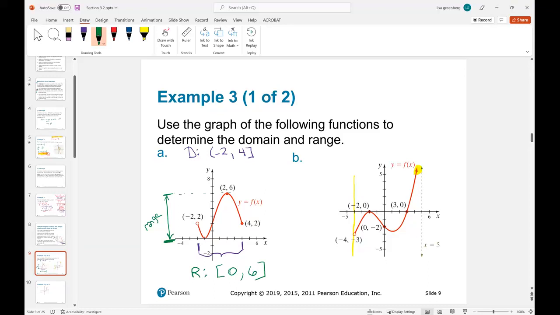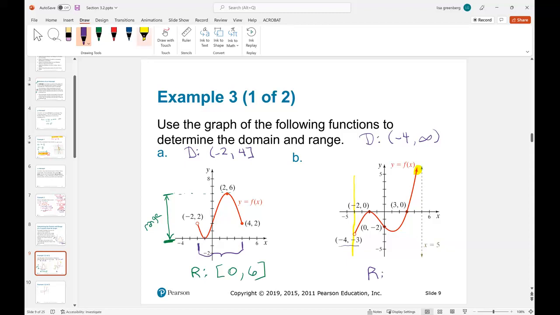So if I want to talk about my domain for this one, well, the smallest value that I have here for my x values is -4. So we go from -4, but it's an open circle, so I don't count that. And because of that arrow, I'm going to infinity. Okay. And my range,